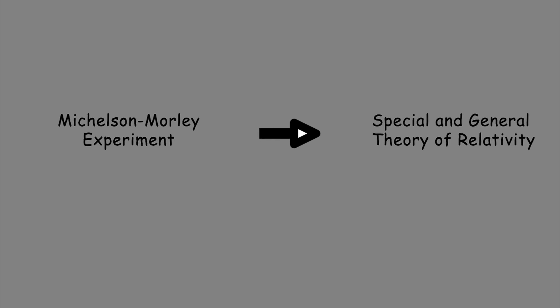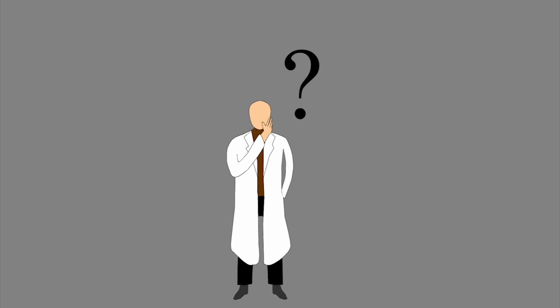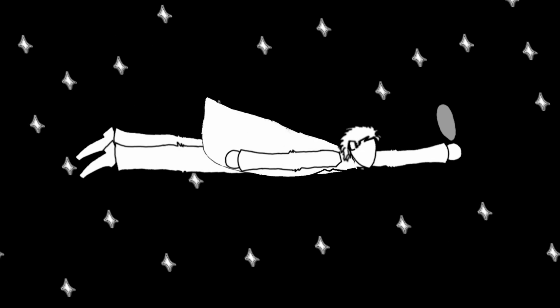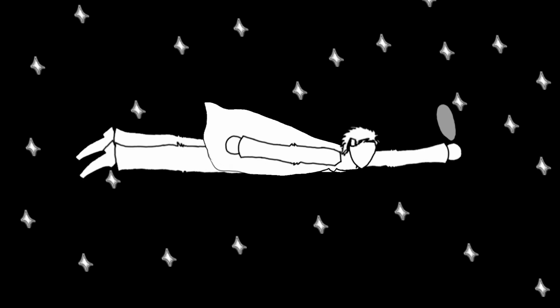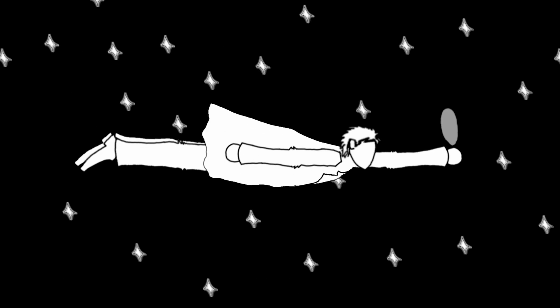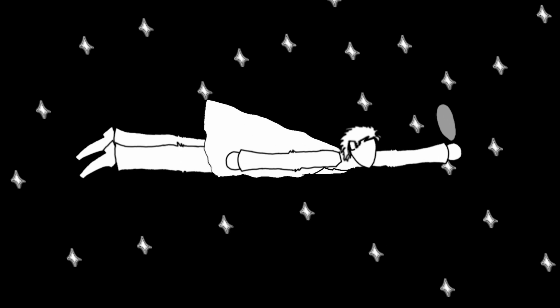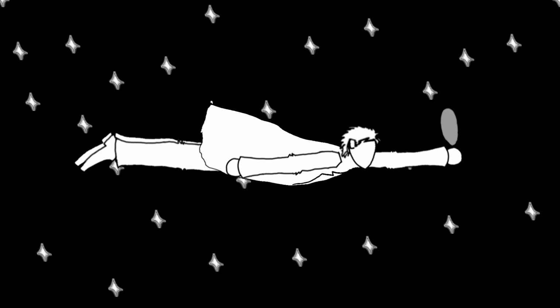The Michelson-Morley experiment revolutionized the scientific world and laid the foundation for Albert Einstein's theory of special relativity. This theory, which posited that the speed of light is constant and that time, mass, and length are not absolute, redefined the fundamental laws of nature. Einstein's work sparked a scientific revolution that would shape the future of physics. The results of this experiment not only opened up new pathways for physics, but also fundamentally changed the way we understand the universe. This journey would later open the door to other revolutions, such as general relativity,